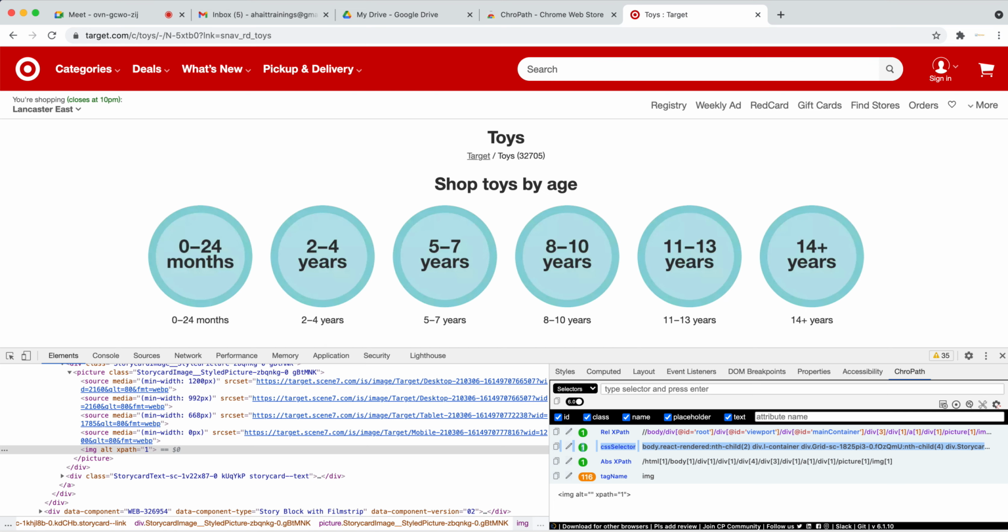I'll show you that. But what I'm saying is, suppose the relative XPath is very big and the CSS selector is a little shorter, then go for the CSS selector. The problem with CSS selectors: CSS means cascading style sheets, right? When there is no ID, every element should have some style sheet applied. Let me show you that.